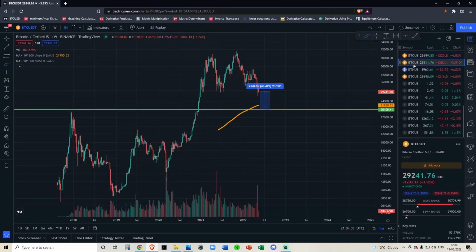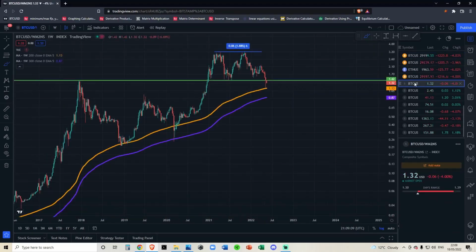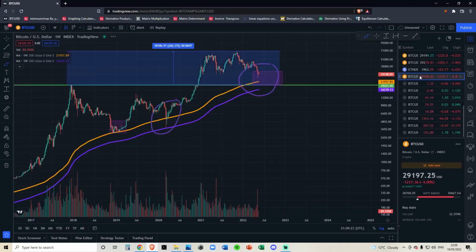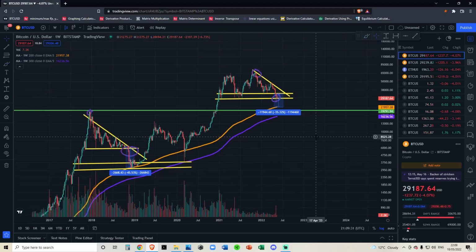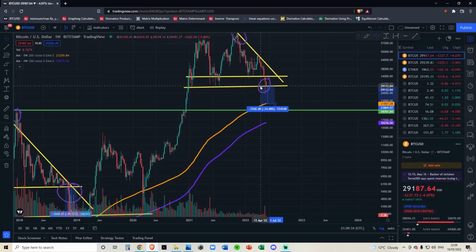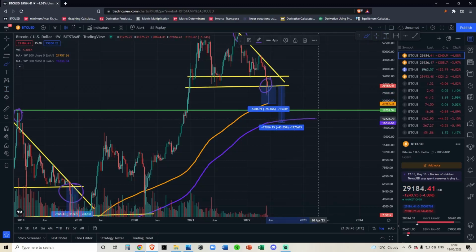BTCUSD looks like it wants to move down to 22,000. BTC against the M2 money supply seems that the bottom is either already in, or we could have one quick weekly capitulation wick all the way down to the 300-week moving average. And if we did that on the USD chart, because we had a price target over here, if we did break down to the 200-day and we said that this would be about a 25% move, if we extrapolate where we are now all the way down to the purple line,